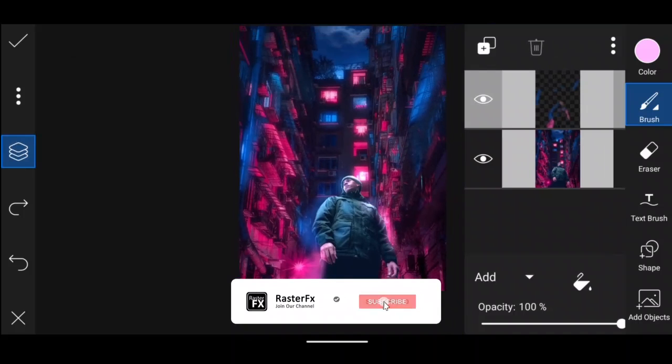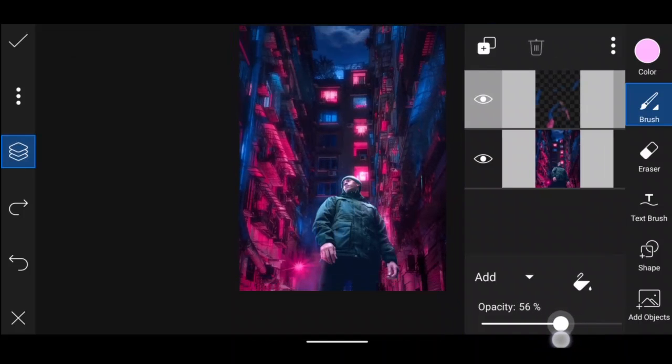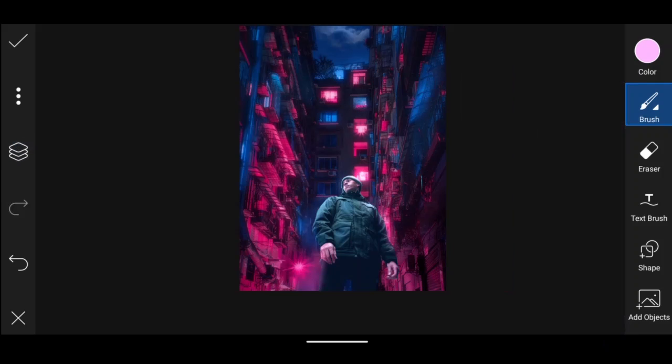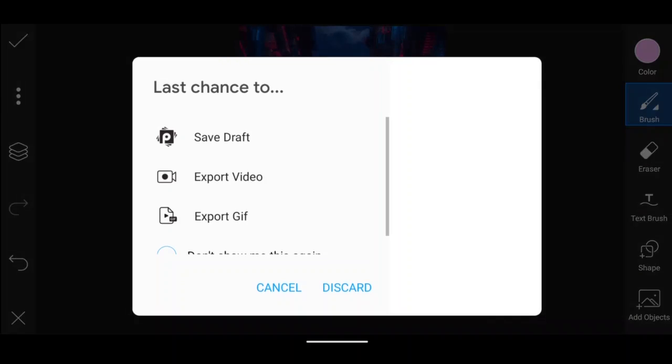And then open the layers panel and reduce the opacity to see the magic. And this is before and this is after. Close the layers panel and click check.